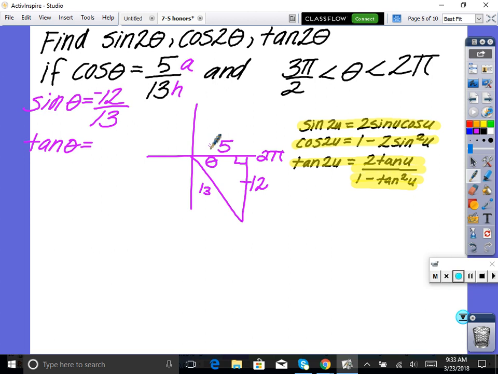opposite over adjacent, correct? Yes. So negative 12 fifths. Okay, perfect. So now it says find sine of 2 theta. So we'd say, okay, well,